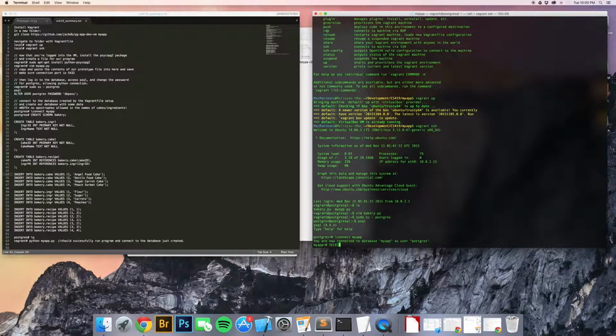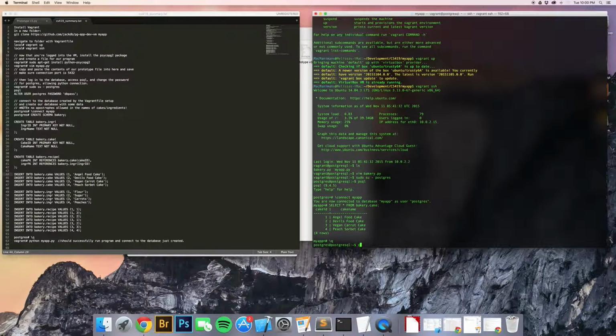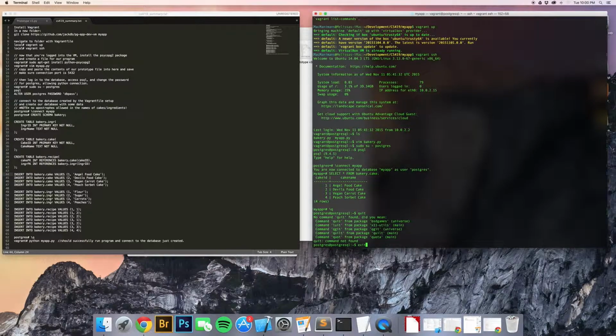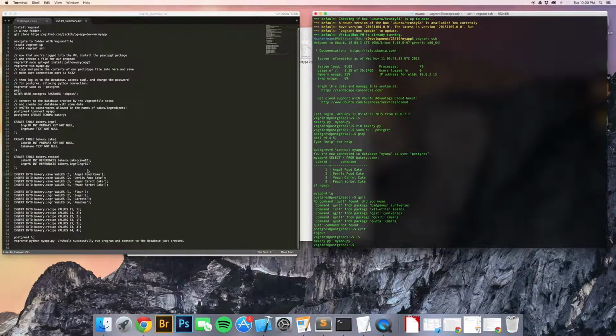Over here, we can see an example that we have data in our database by doing a select star from bakery.cake, and it shows us that we have 4 cakes, which is exactly what we would expect to have. So we can quit psql here and find the right command to get back into Vagrant. Now what I'd like to do is actually run the program and talk about what we have so far